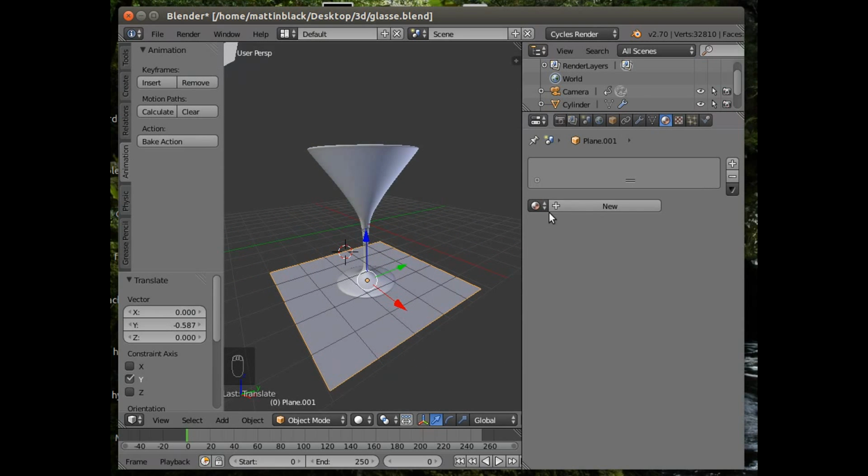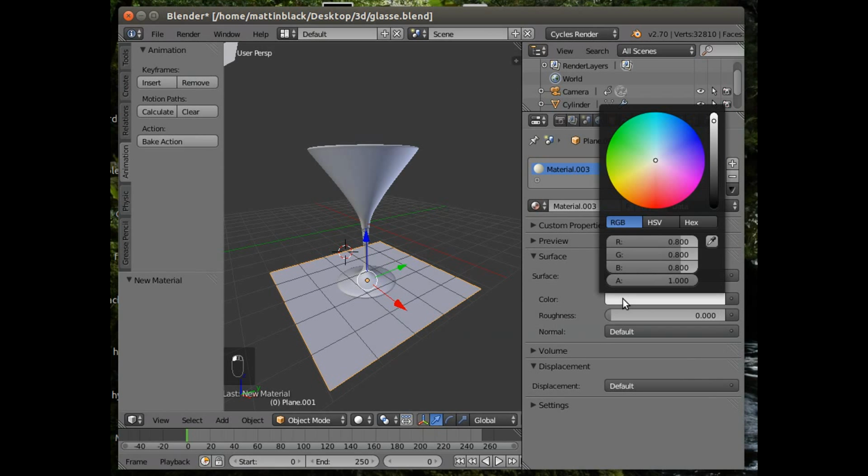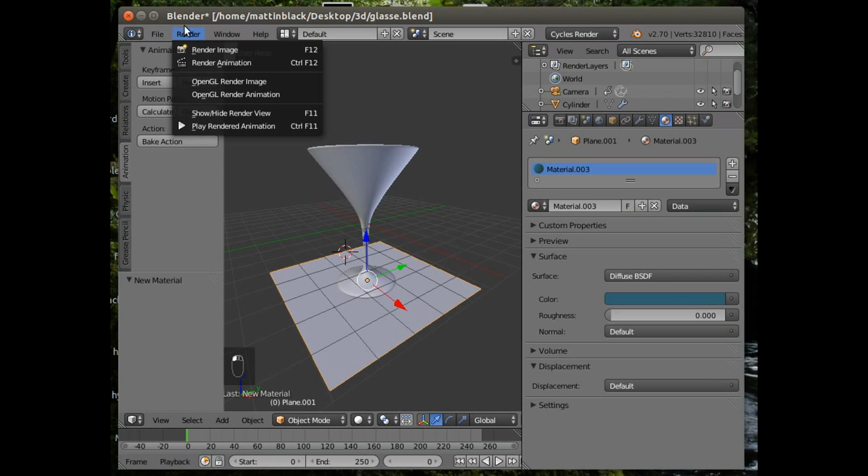So we then need to give this plane the material. We're going to give it, just leave it as it is, straightforward diffuse BSDF, and we're going to make it a nice sort of bluey colour, but we'll make it darker. There we go, how's that? That's quite a nice colour there. We can do that. So now if I render it,